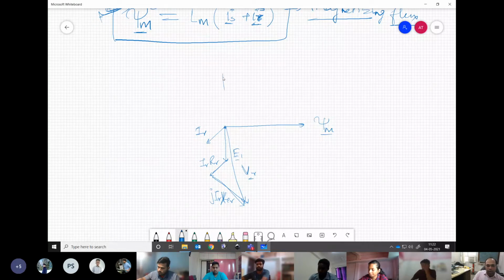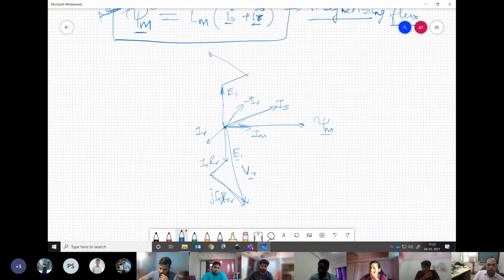And then similarly, we can write on the stator side. The same EMF will be induced for the stator magnetizing circuit also. Again, for this psi m, we have some magnetizing current IM, and the combination of these two, IR and IM, is basically our IS. And now we have our V1 voltage input on the stator side.